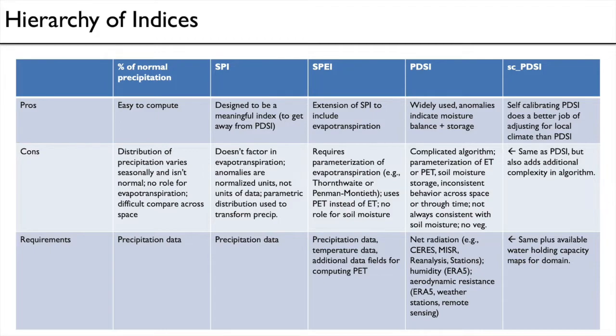The drawback is that it can be a little misleading, especially in regions that have very strong seasonal variability to the precipitation cycle. So if there's a strong wet season and you're hearing on the news, we've only gotten 60% of our precipitation by the end of January, well, that might not mean very much, because it could just be that one storm will bring that other 40% a week later. Because precipitation's distribution tends to be skewed, and you can get a lot of it all at once, the percent of the normal amount of precipitation doesn't necessarily mean that much.